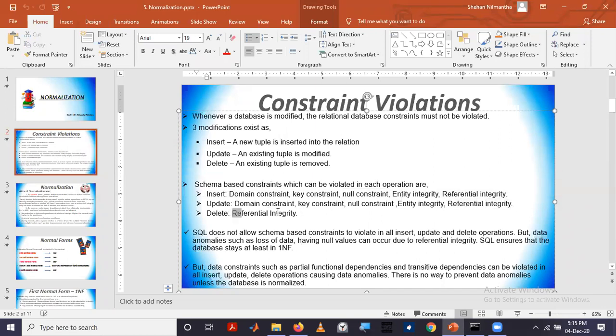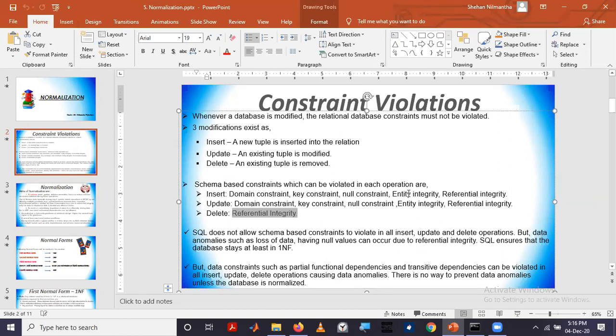In delete, only the referential integrity constraint can be violated, because these other things can never be violated as the data is deleted. If the data is deleted, there is no way of violating domain constraint or key constraint or null constraint, because there is no data.